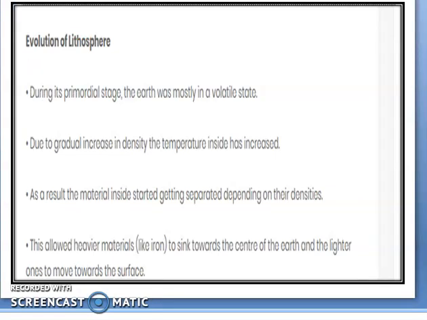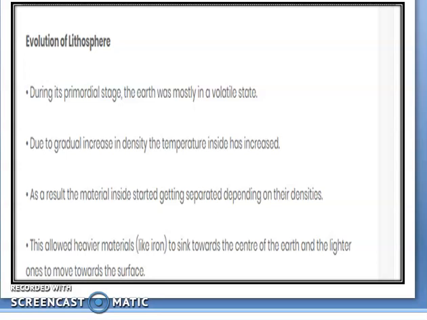Now first we are going to discuss the evolution of the lithosphere. That means how the crust, mantle and core formed. We already know that the inner part of the Earth has layers. In the lithosphere, we have the crust, then the mantle, then the core. Now, regarding the formation of the lithosphere, the scientists say that